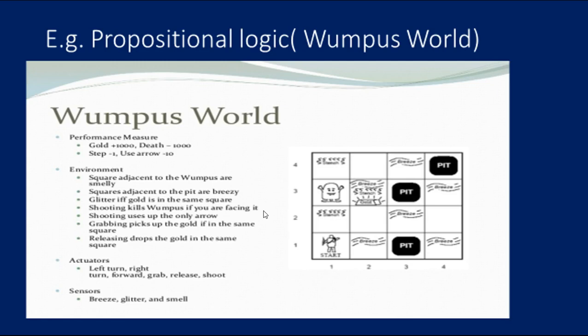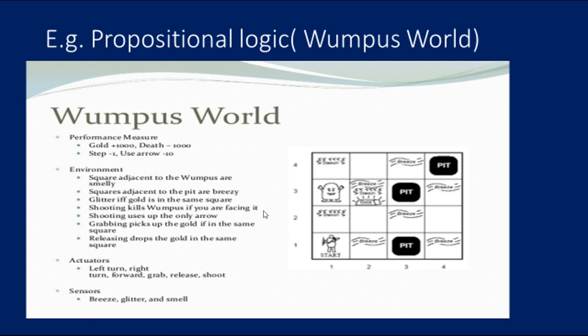There are also some components which can help the agent to navigate the cave. These components are given as follows. The rooms adjacent to the Wumpus room are smelly, so they would have some stench. Make a note, keep it in mind.